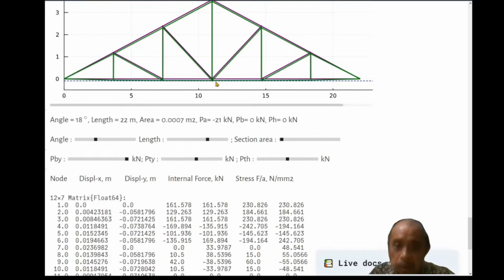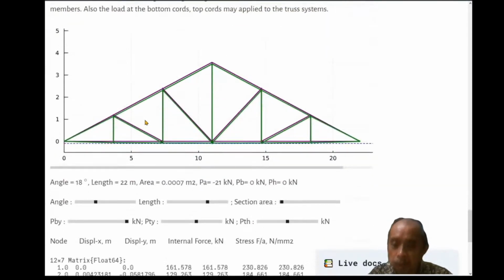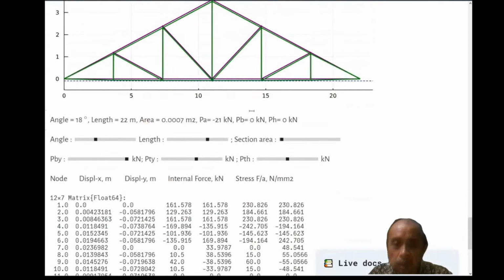So we can see here the displacement of the truss is 733 millimeters, and delta max is 91 millimeters. So this design can be approved,